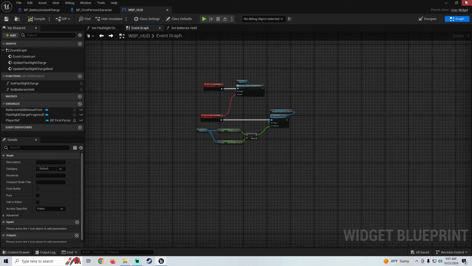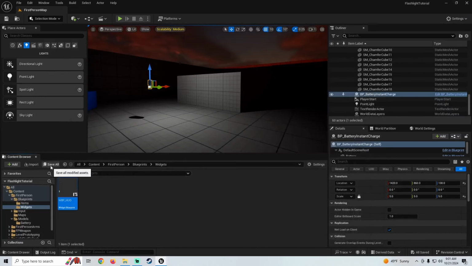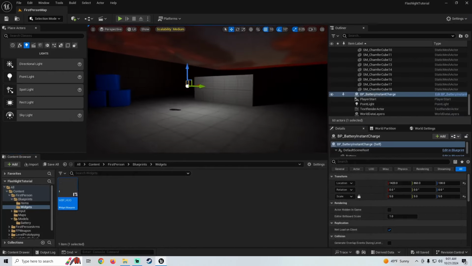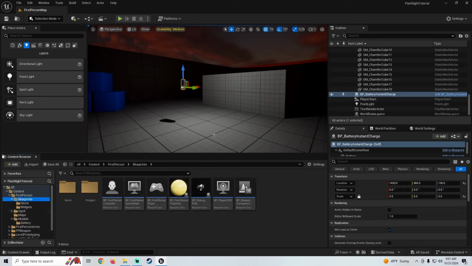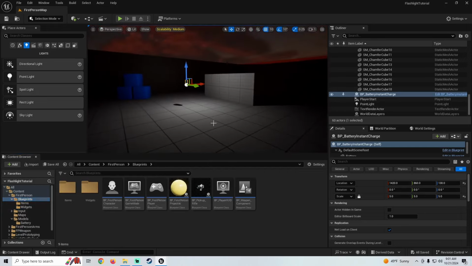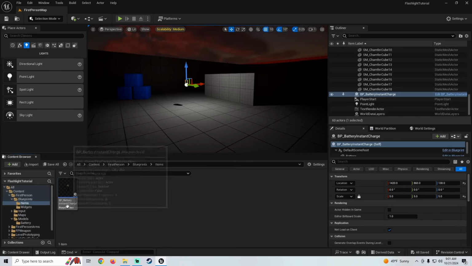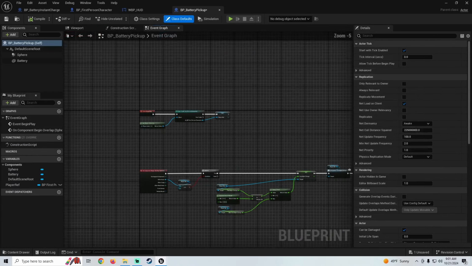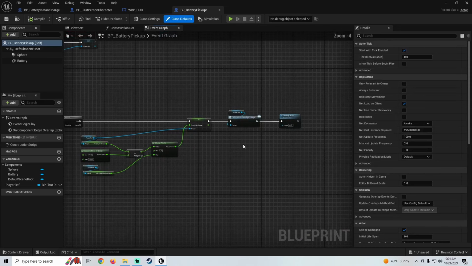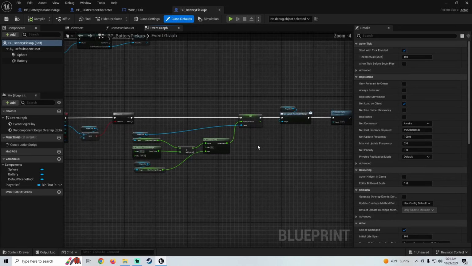Alright, so next we need to make our blueprint for what we want to do whenever we pick up a battery that we want to use. So we'll go into our blueprints folder, items, and we're just going to duplicate this one that we already have, and we're just going to call this one battery pickup. And I'm going to open up this guy, and we can keep a lot of this. We just want to change